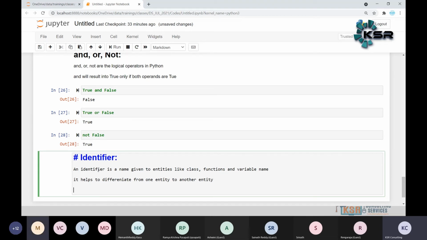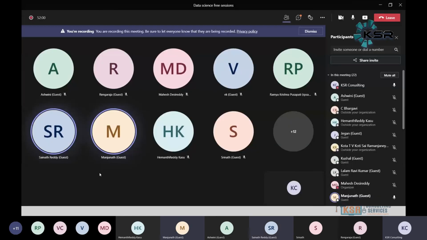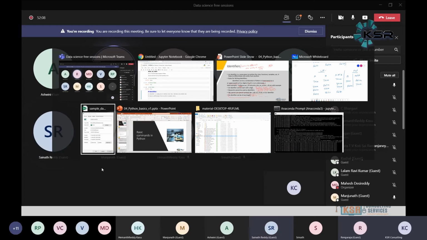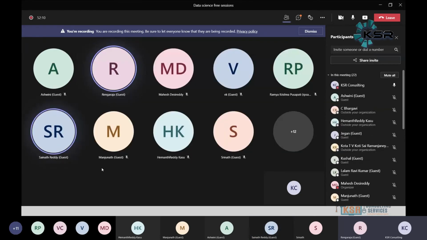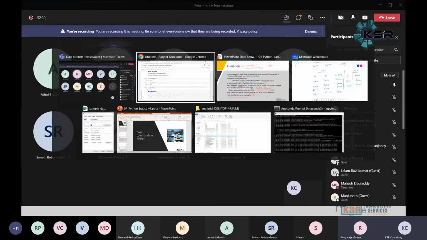Are you writing anything? Actually, the screen has been stuck. I'm seeing only identifiers. It's happened to me as well for a long time. Latency issue, I think, low bandwidth. Okay, let me check.